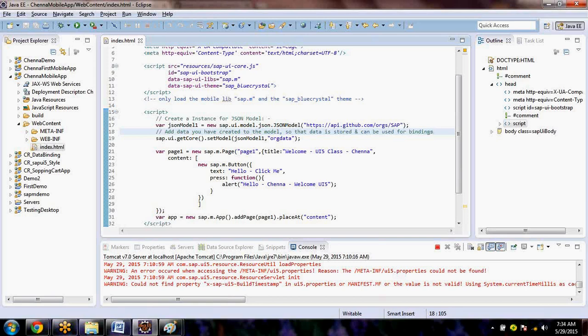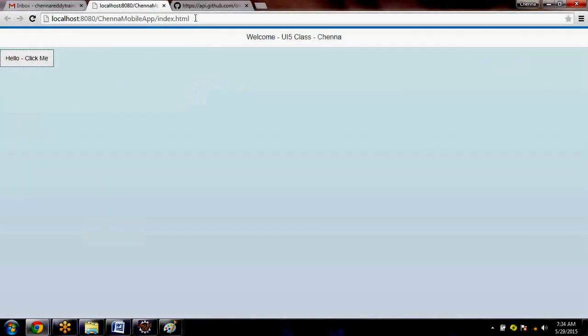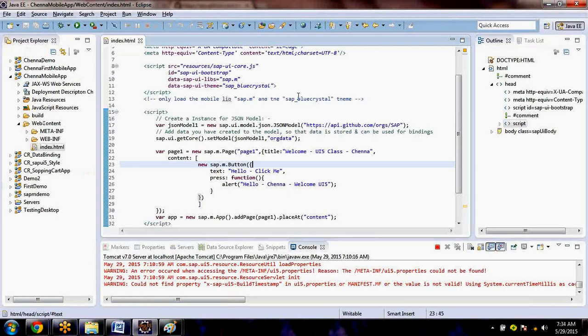How to bind it. Look at here. So now let me run this program. You will not see any differences. Look at here, I am running the program. I will not see any differences because right now I did not bind the stubs. So now this entire data is available in my application now.